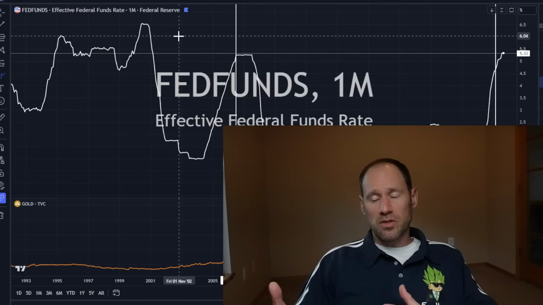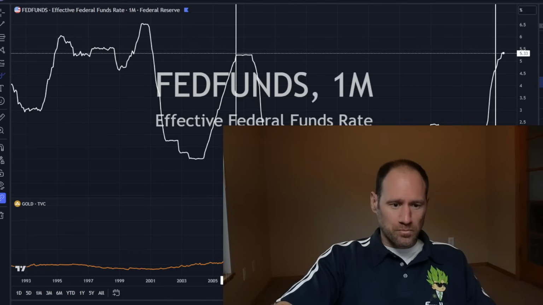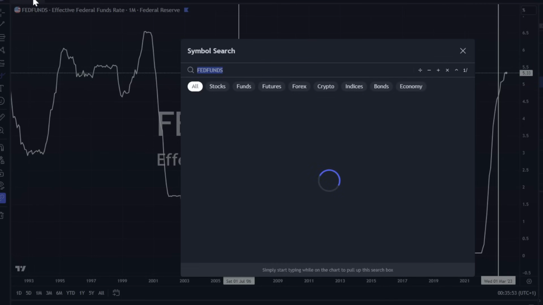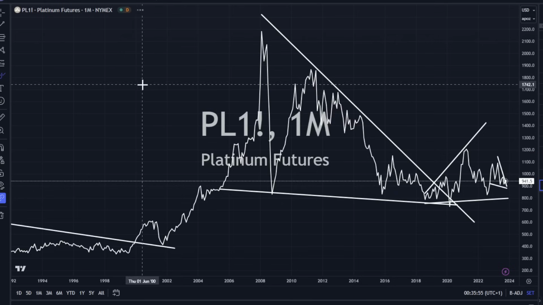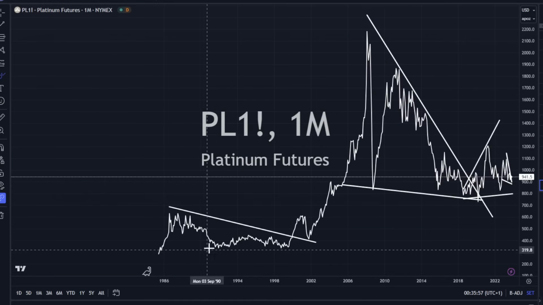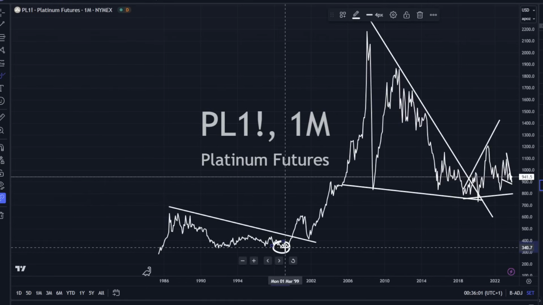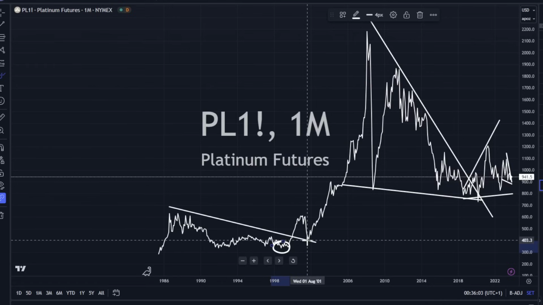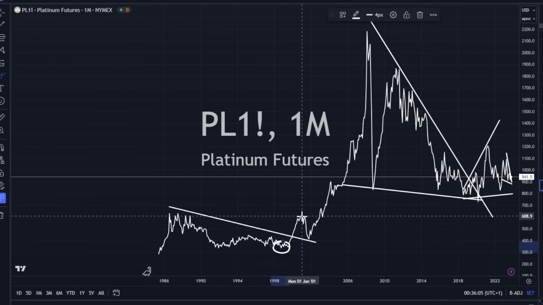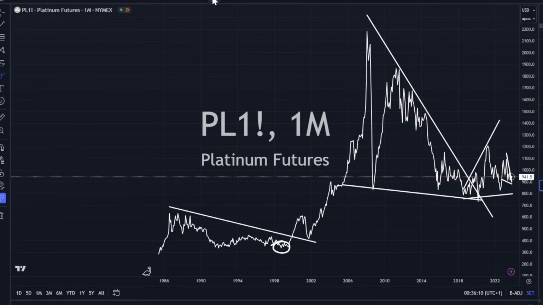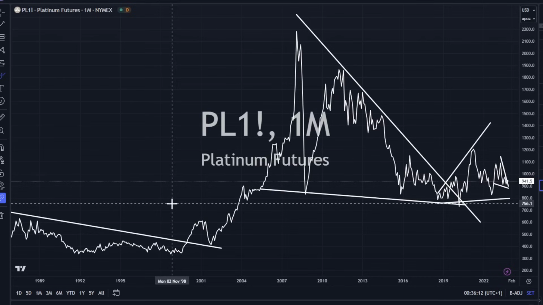That's my guess. Platinum too, and whatnot. Now we can also look at those assets and determine where we're at in the cycle. If you look at platinum, 98 was the beginning of the bull market of commodities. Here's 98. It took off. It pulled back, this was 2000, 2001, and then it took off again and really ripped it. I think something similar is occurring there.